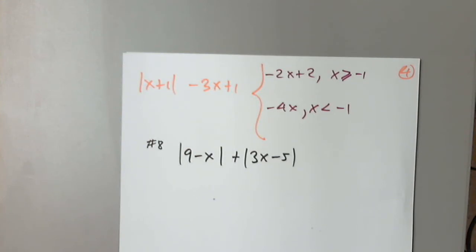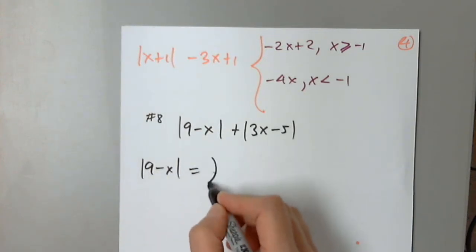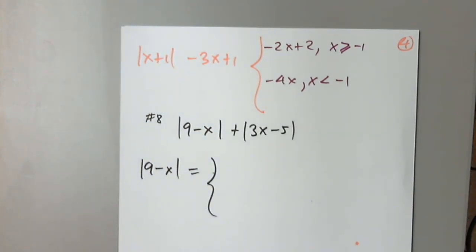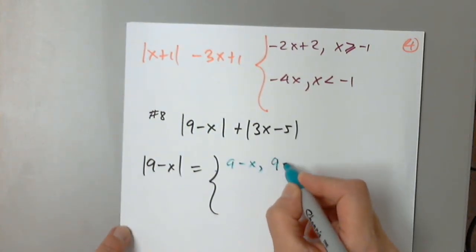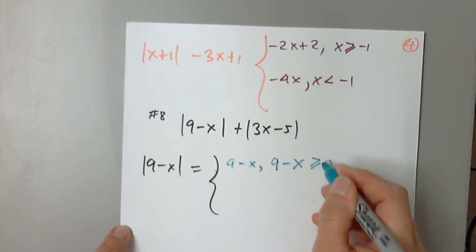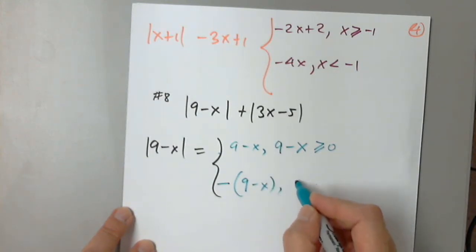And I'll explain why. Okay, so how do we start? Yes, Imran, go ahead. Any questions? No. Okay, so how many options does this piece have? We have to start there. We are not putting it together before we analyze each and every absolute value by itself. So for 9 minus x, do not calculate anything, do not jump into conclusions, you will see in a minute why. Please just give me the first step. 9 minus x is greater than or equal to 0. Perfect? And negative parentheses 9 minus x,